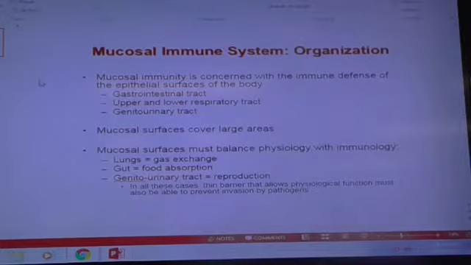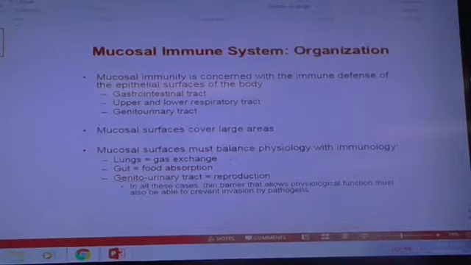And even the fetus in a mother's uterus is a foreign body, but usually it's protected from immune response from the mother. So these are innocuous, harmless antigens, and the mucosal surfaces are tolerized, or they don't act against those innocuous, harmless antigens. So anyway,